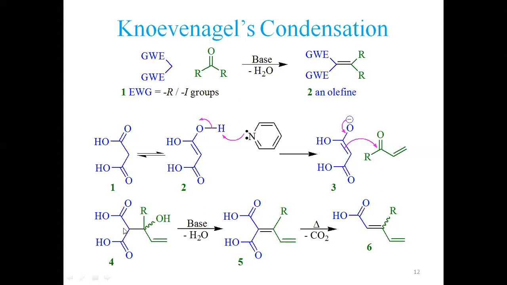A base picks up this proton, because do not forget, it is again present in the form of enol. If I present the enol form of this, we shall have a double bond here, OH. Base picks up a proton from OH. Hydrogen donates this electron pair, again generating a double bond here. And this bond of the hydrogen is transferring to generate a double bond here. Because the double bond is here, that double bond shall transfer here, and this OH shall leave. So this is how OH leaves, and this double bond approaches here, generating a double bond at this position.